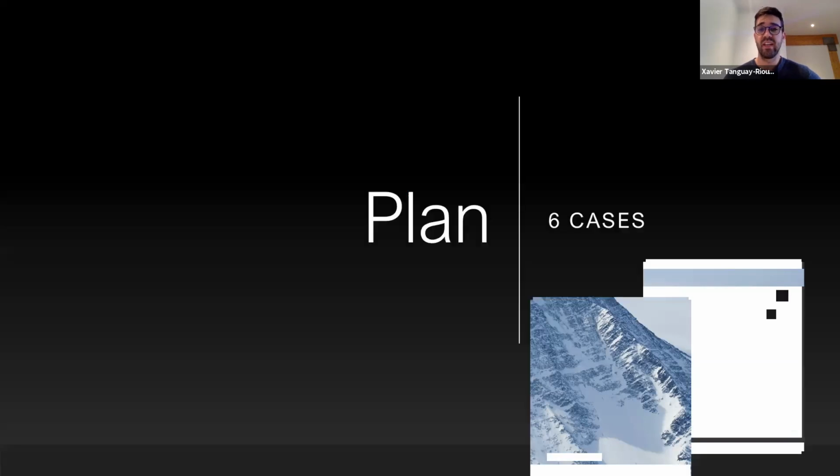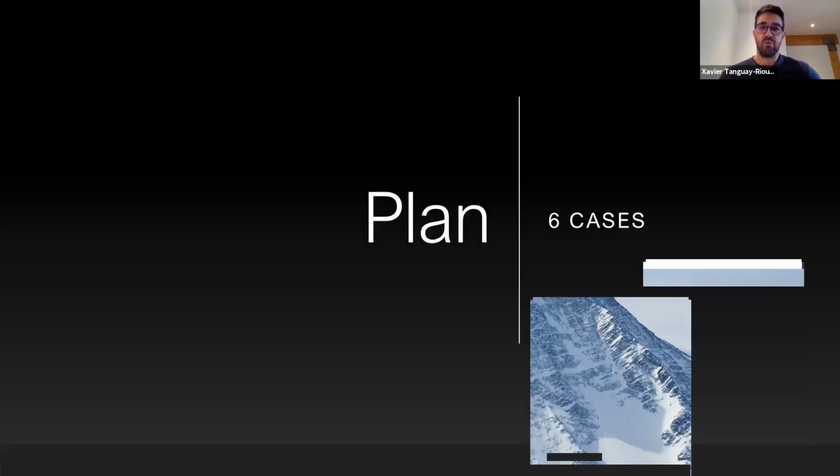And the way I organized my presentation, instead of going through the Rosen chapter and presenting you tables and figures about their algorithm, I just decided to put together a few cases. I have 6. I'm not sure we're going to be able to go through all of them, but we'll see where we get. Just to warn you, they're not diagnostic dilemmas. They're not hard cases. I just tried to put together the kind of typical presentation, just to have an idea of what the typical presentation is, and we'll discuss quickly for each case some diagnostic strategy, initial management, and hopefully a few clinical pearls that you can bring back to your next